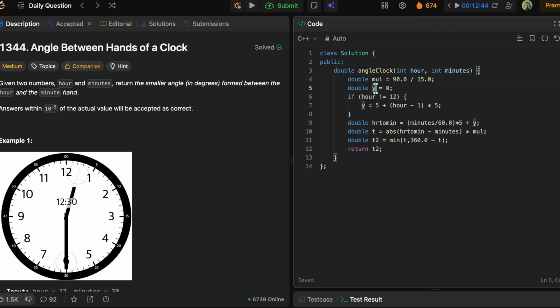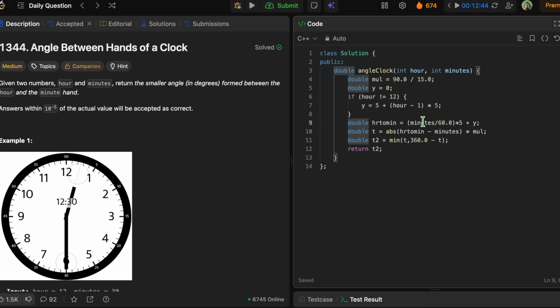Then y will be the exact minute version of the hour hand. Meaning if my hour is at 2, I need to set y as 10. If my hour hand is 7, I need to set my y as 35. So for that, as I already discussed, when hour is 12 it will be 0. If it is not 12, we will solve it using an AP. And then hour to min, this is the exact conversion, like at what minute my hour hand is pointing to. So for that I basically